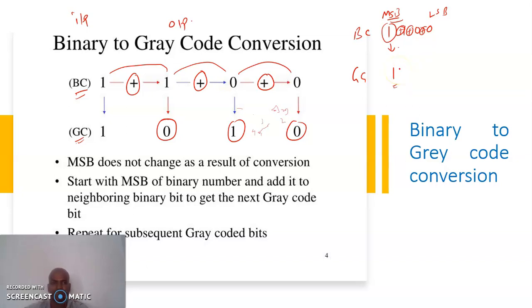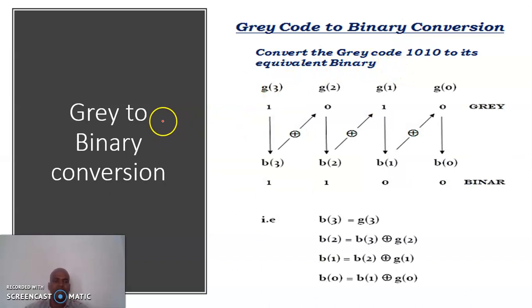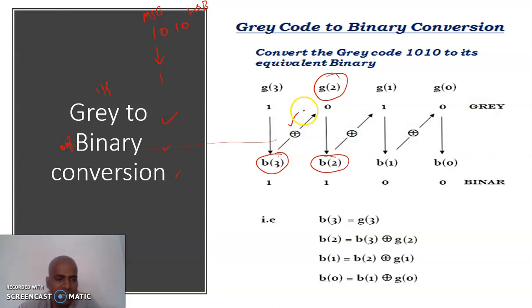Okay, fine. Next, gray to binary conversion. So it is quite the opposite. See, first gray is the input here and binary is the output here. Here the operation is somewhat difficult. See, the first number given is 1010. This is the gray number. So the first step is the same: just write down the MSB value as it is. And for the second step, they are going to add this previous result, this one, with the present input. They do the exclusive OR operation between the previous output as well as the present input.